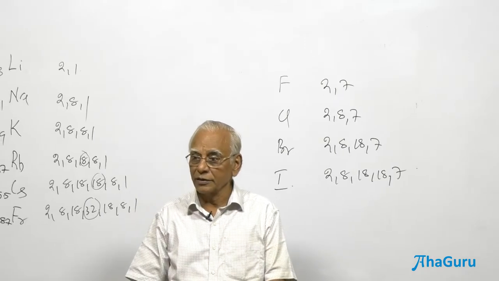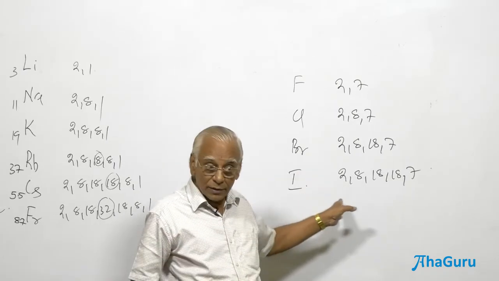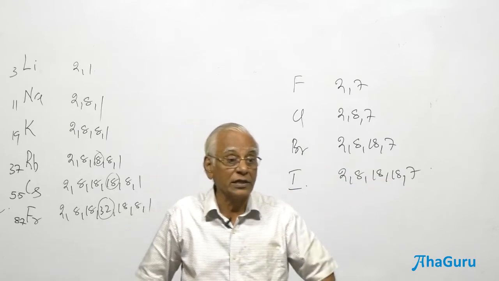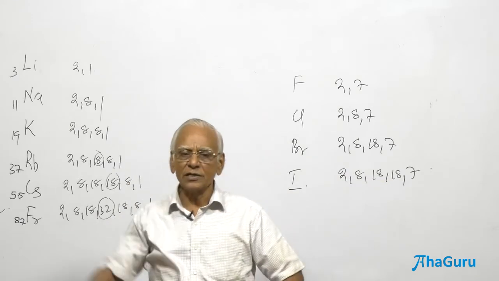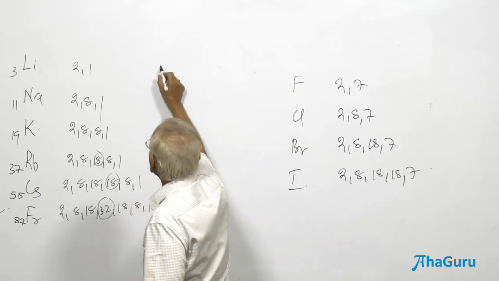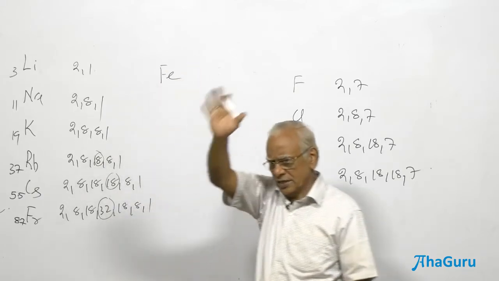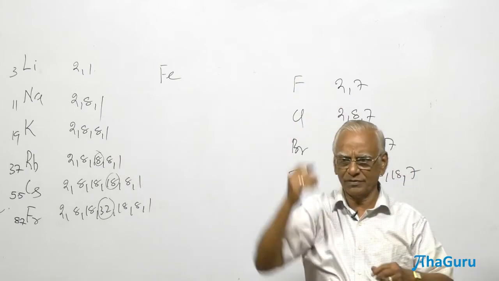18 electrons. There is a similarity. That's the reason why bromine and iodine react similarly. They have got similar chemical properties. The chemical properties are attributed to that. Maybe I have a question, maybe I will stop with this, and I am going to put the answer here. Ultimately, I am going to answer his question.